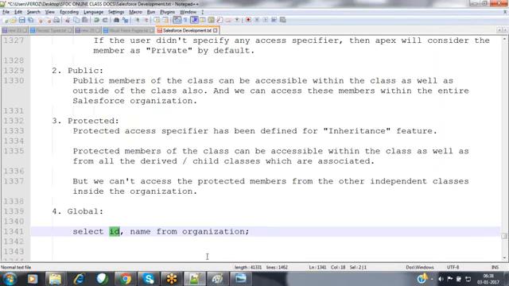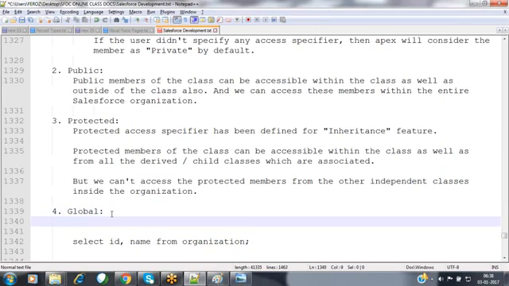The global access specifier allows the class members to be accessible within the class as well as from outside of the organization. But public members can be accessed within the organization only, not from outside of the organization, whereas global members can be accessed from outside of the organization also.